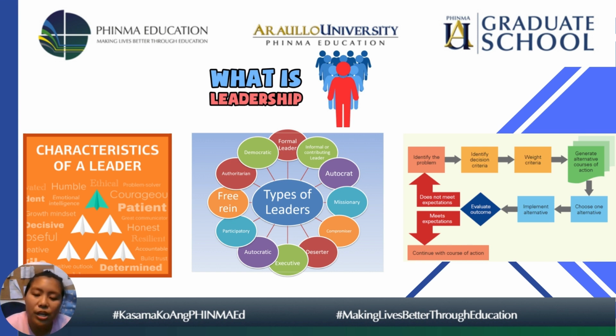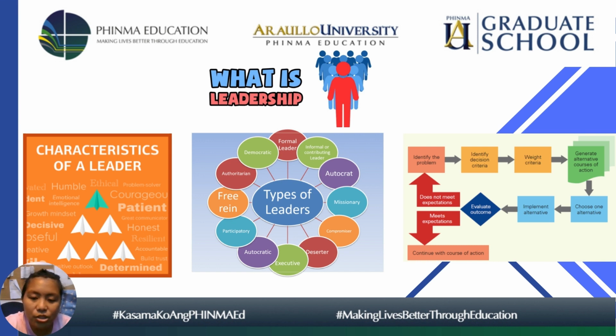Okay? We also have the different types of leaders according to manner of participation. We have autocratic. When we say autocratic, there is practically no participation of the group in decision making. Ibig sabihin po, si leader lang ang gumagawa ng decision. Okay? Yan po yung autocratic. Participatory authority is decentralized. The group is involved in decision making. Okay? Involved lang po. So, ibig sabihin yung, anong tawag nito?